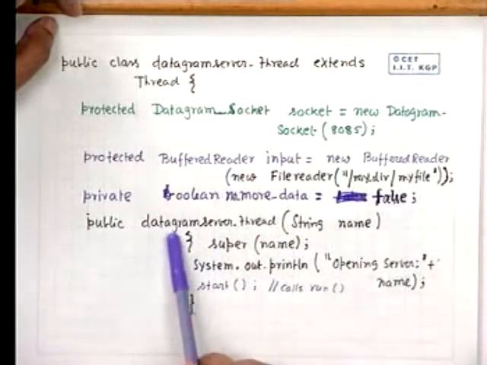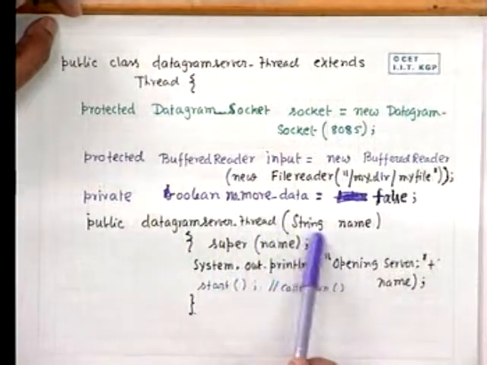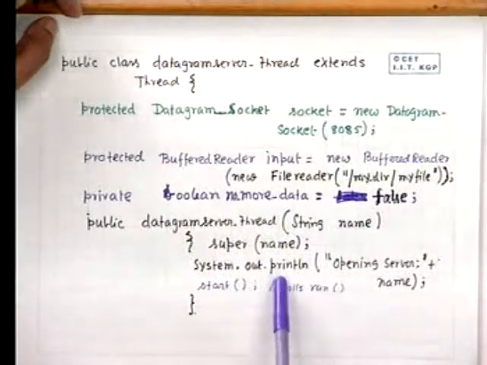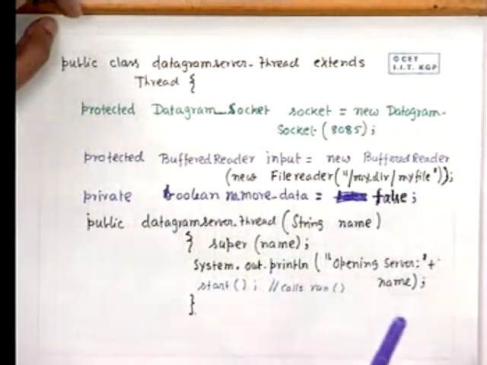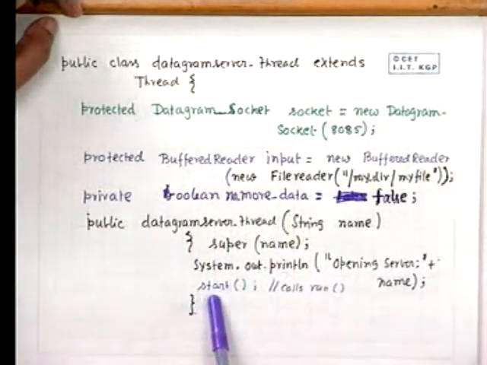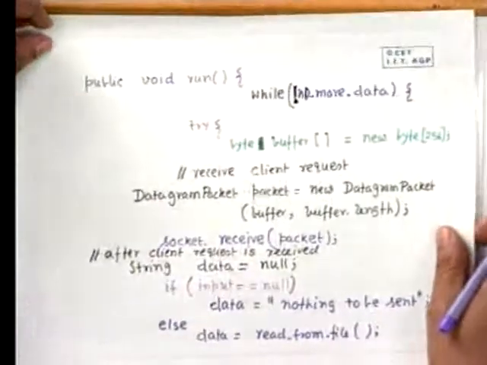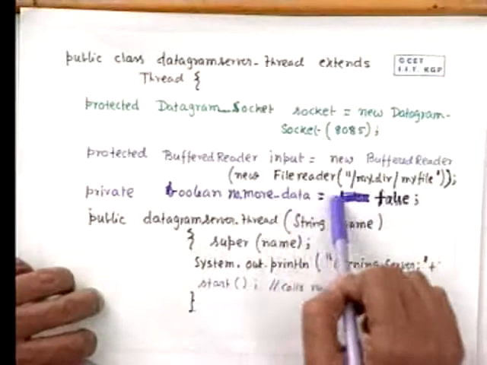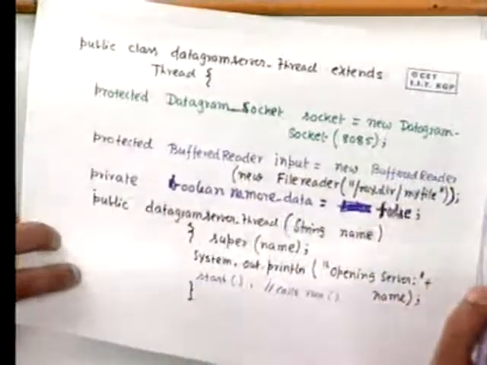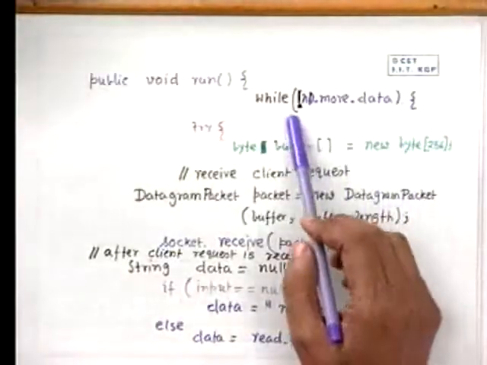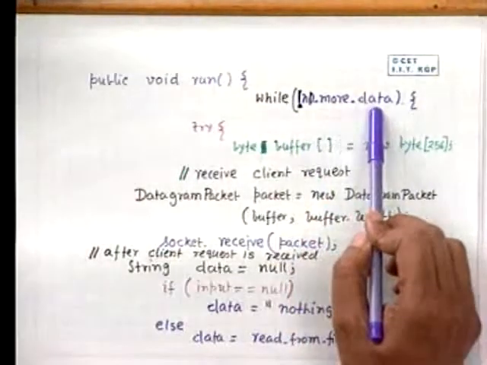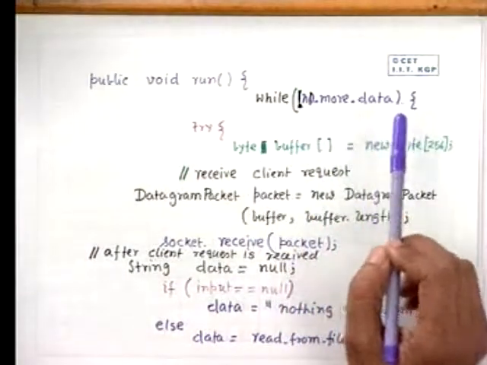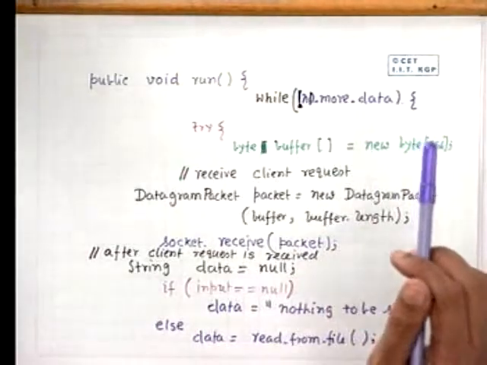And then in the thread, this is the constructor, which calls super with the name, and then just prints that we are opening the server, and then start, which will call the run method. Now let us look at the run method of this server. While there is no more data, a boolean variable we are using, that is, while it is true, that is data is still there,